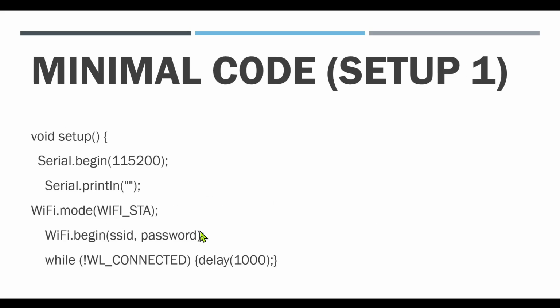In the next step, on the setup side, Serial.begin, because we will print the outputs on the serial port, and then there's a Serial.println. Then this is the Wi-Fi mode. I hope that you are already familiar with how to start the Wi-Fi. So these 2 lines will start the Wi-Fi, and this is the line I use to add the delay till the Wi-Fi is actually connected